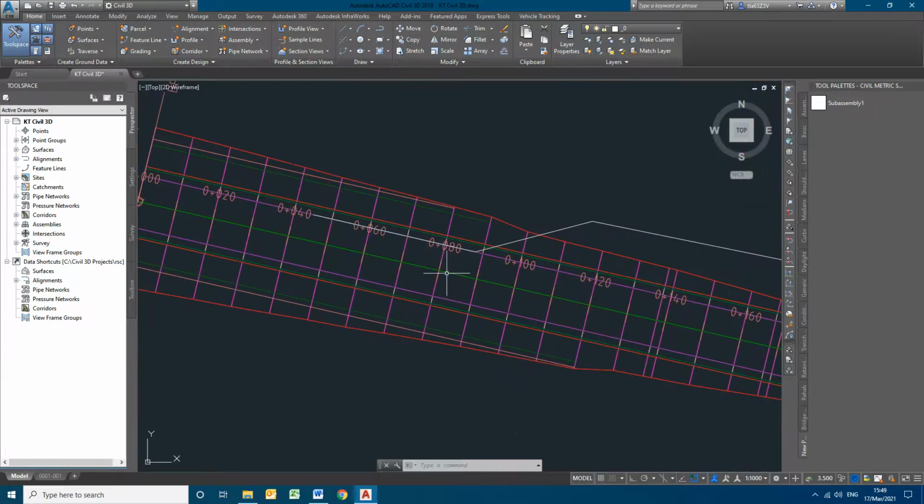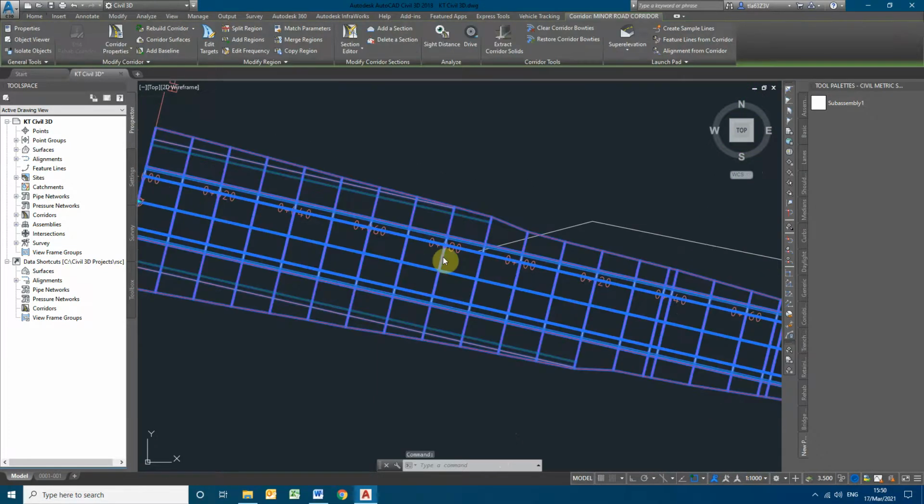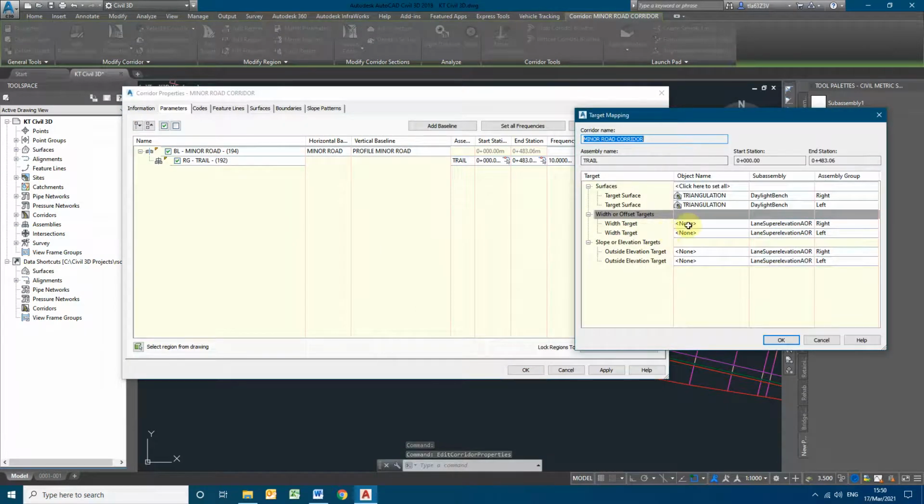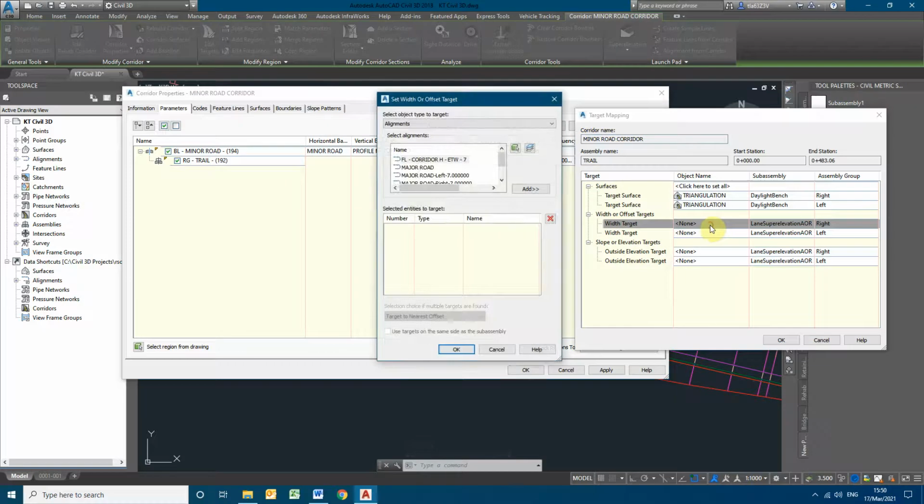It's simple: we have to select the corridor, click on the corridor properties, go to the target parameters. So this is on the right side, so click on the right side. You can see the assembly group on the right side. So here you give, instead of alignments, feature lines, survey lines, polylines. If you select the alignments, you have to select the offset alignment or any alignment that you had made.